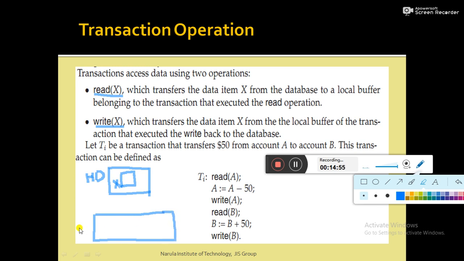In short, I'm writing here. So this is hard disk, this is RAM, and suppose transaction Ti